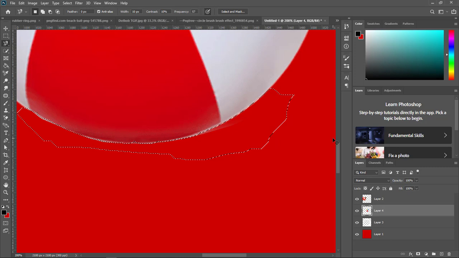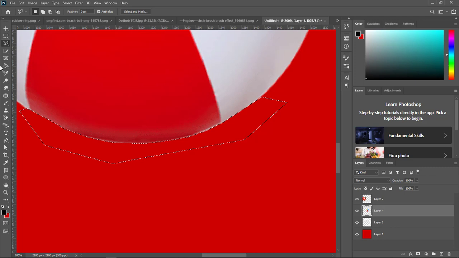Okay, let me Ctrl Z this. Let me just use the polygonal lasso tool to clear this up. Okay. Alright, so